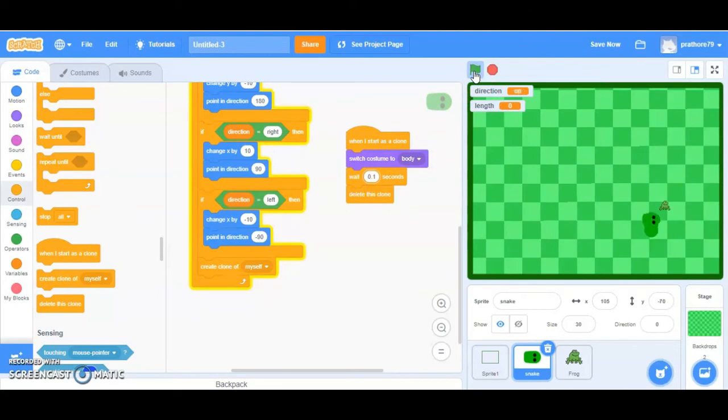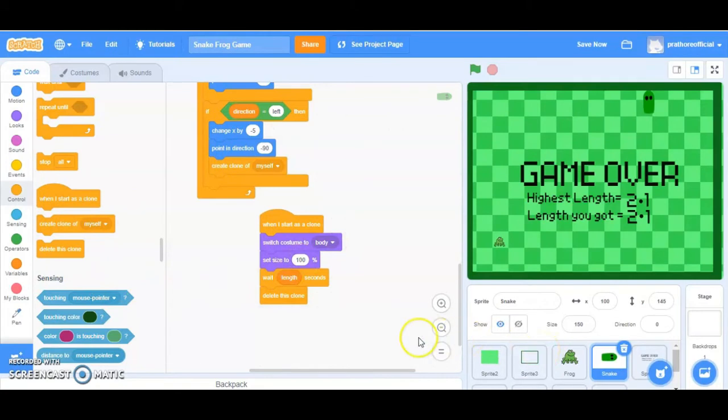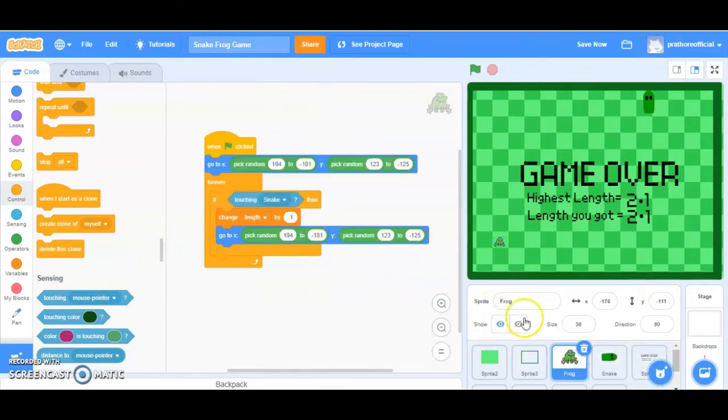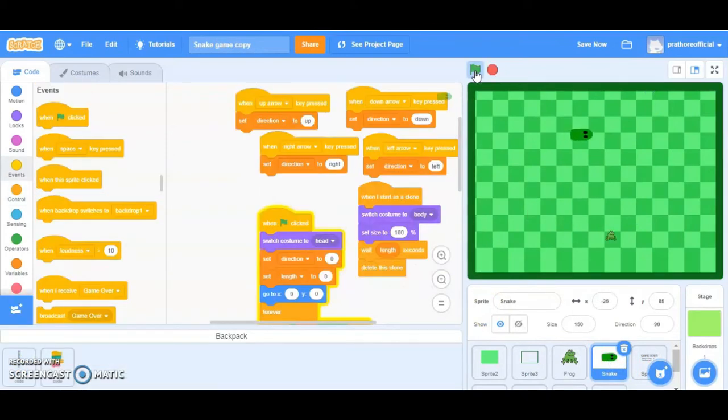So you can see over here the length has been decreased now, right? If you want to change it to 0.2 second, every time you have to change. So instead of that, what you can do, you can wait for length second. So if you make a change over here, it will automatically be taken by this variable. So now the length will decrease automatically by 0.1 second.